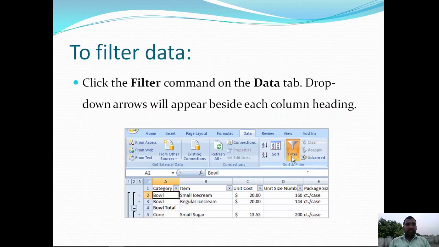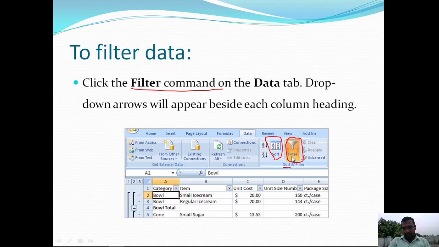To filter the data, we need to apply filters. For that purpose you need to follow the procedure. Just click on the filter command. Here is the filter command beside the sort command that we discussed in the earlier session.